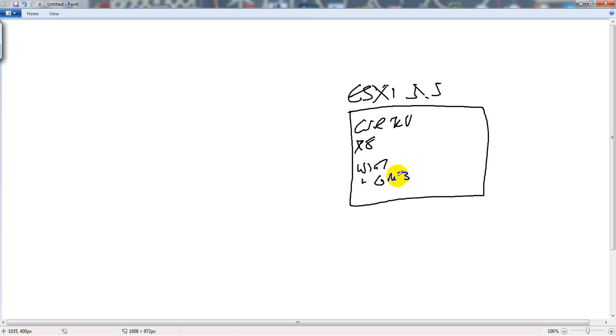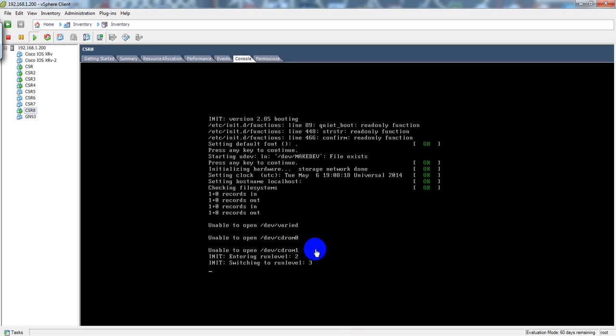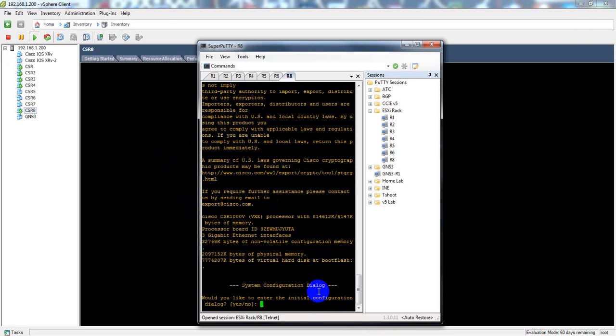So we have that installed on the box. Now what's basically happening is I'm using Super Putty from my machine, and I am telnetting from here over here through my local network. So what I'm doing, oh, I forgot to mention something to you. Thank you for reminding me. Okay, so this guy is up and running, and we come over here to Super Putty, and here we are